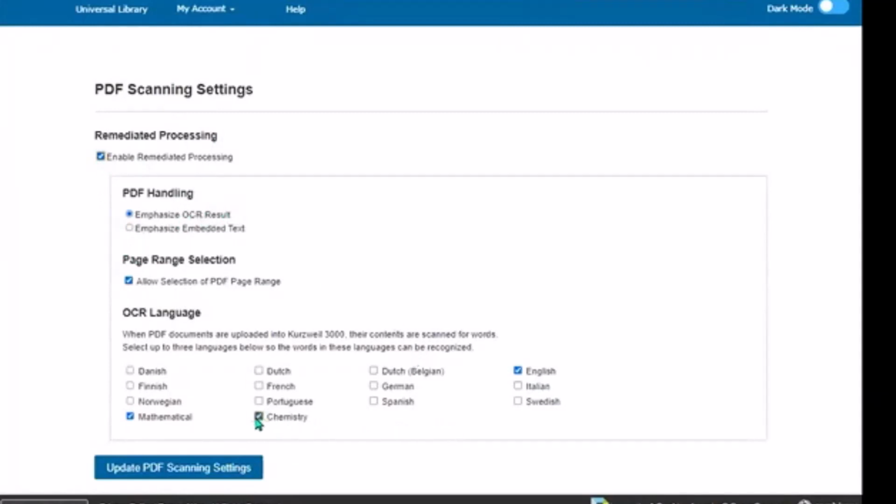Then I'm going to pick chemistry and probably English. Now, this is not going to be a perfect chemistry reader, doesn't know every nuance, but it will be better. I did get feedback on the mathematical from a gentleman in California that he was impressed with the improvement enough that he removed all of his math books from his library, re-uploaded them, and re-processed them using this new function. If you do have a document that came from the publisher with the embedded text already in